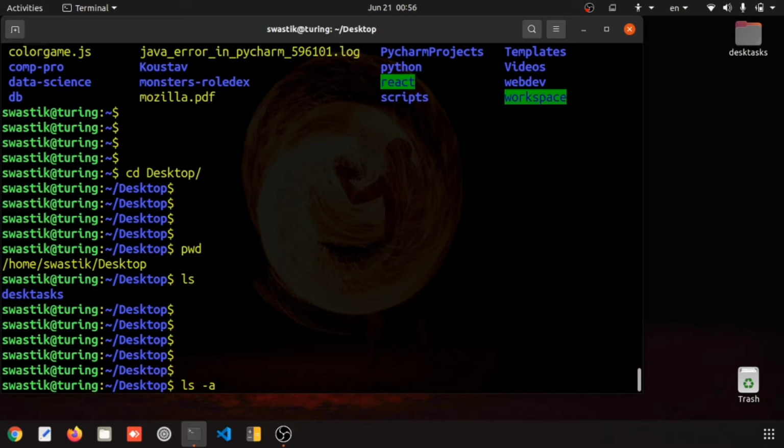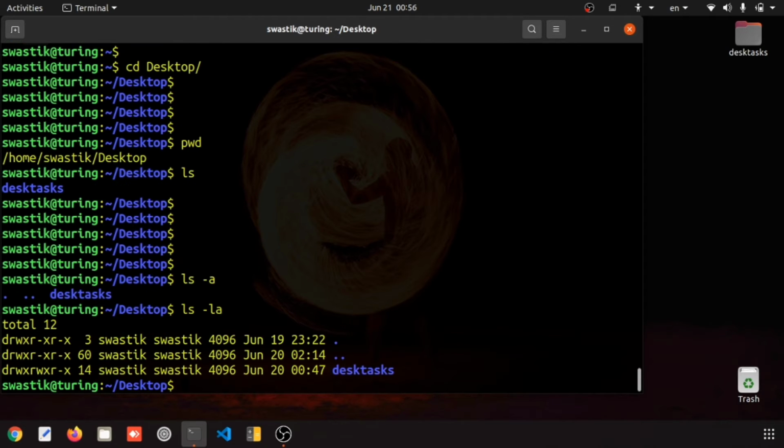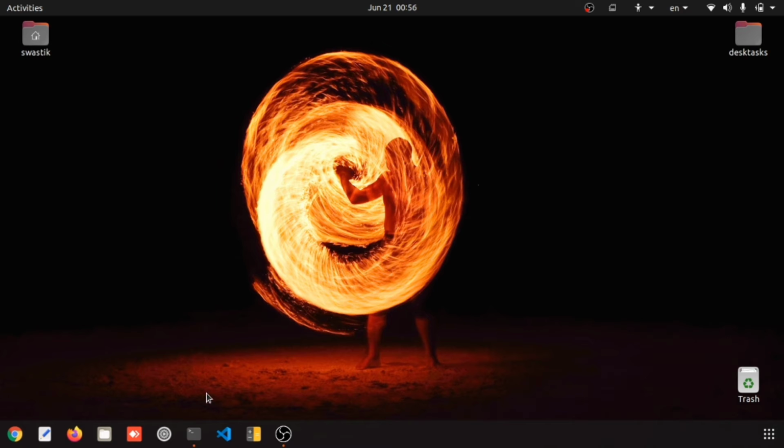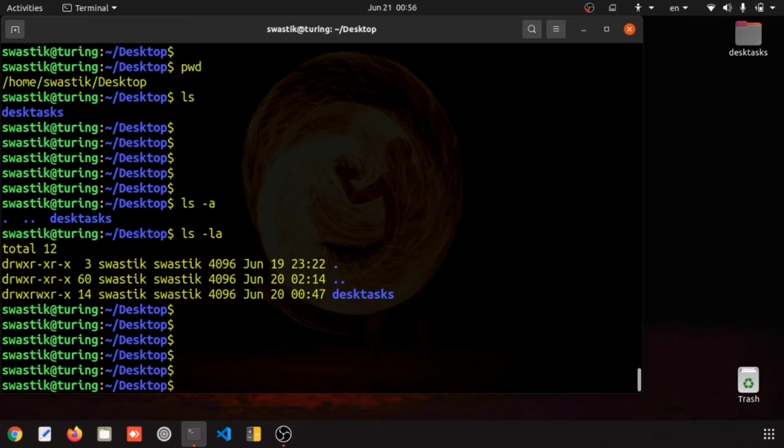Let us check ls -a. It shows you everything inside the directory. So ls -l is the long list, and then a. It shows us this is actually the trash link, and this link. We'll come to it later and I will explain why this is like this.